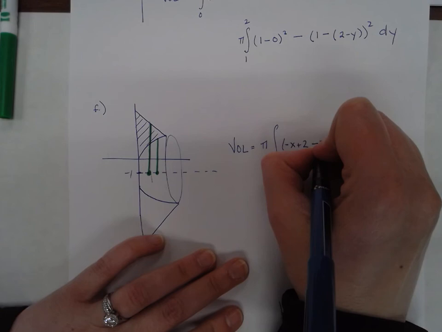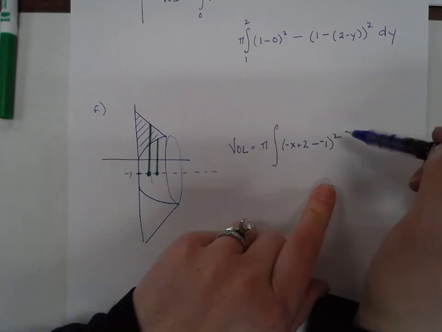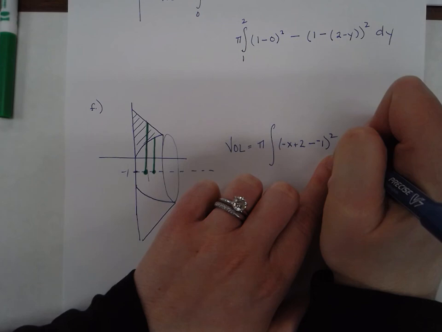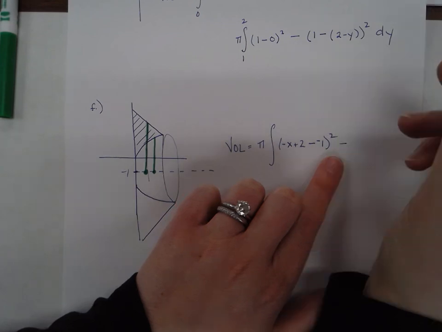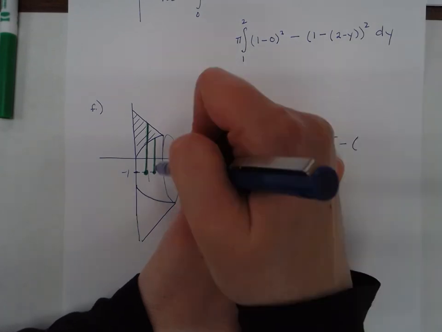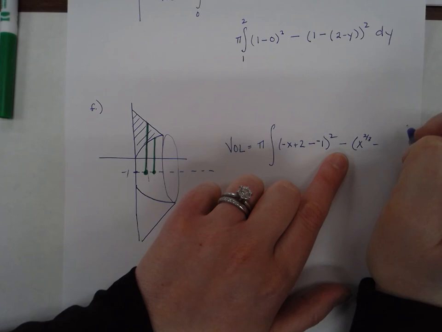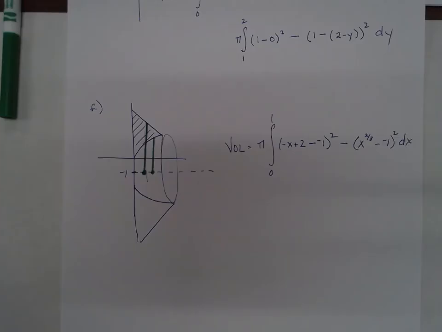Negative x plus 2 minus the equation on the bottom, which is -1, squared. So that's pi r squared, that's my big radius, minus, for the little radius, top minus bottom squared dx. Limits are 0 to 1. Hopefully that makes a little